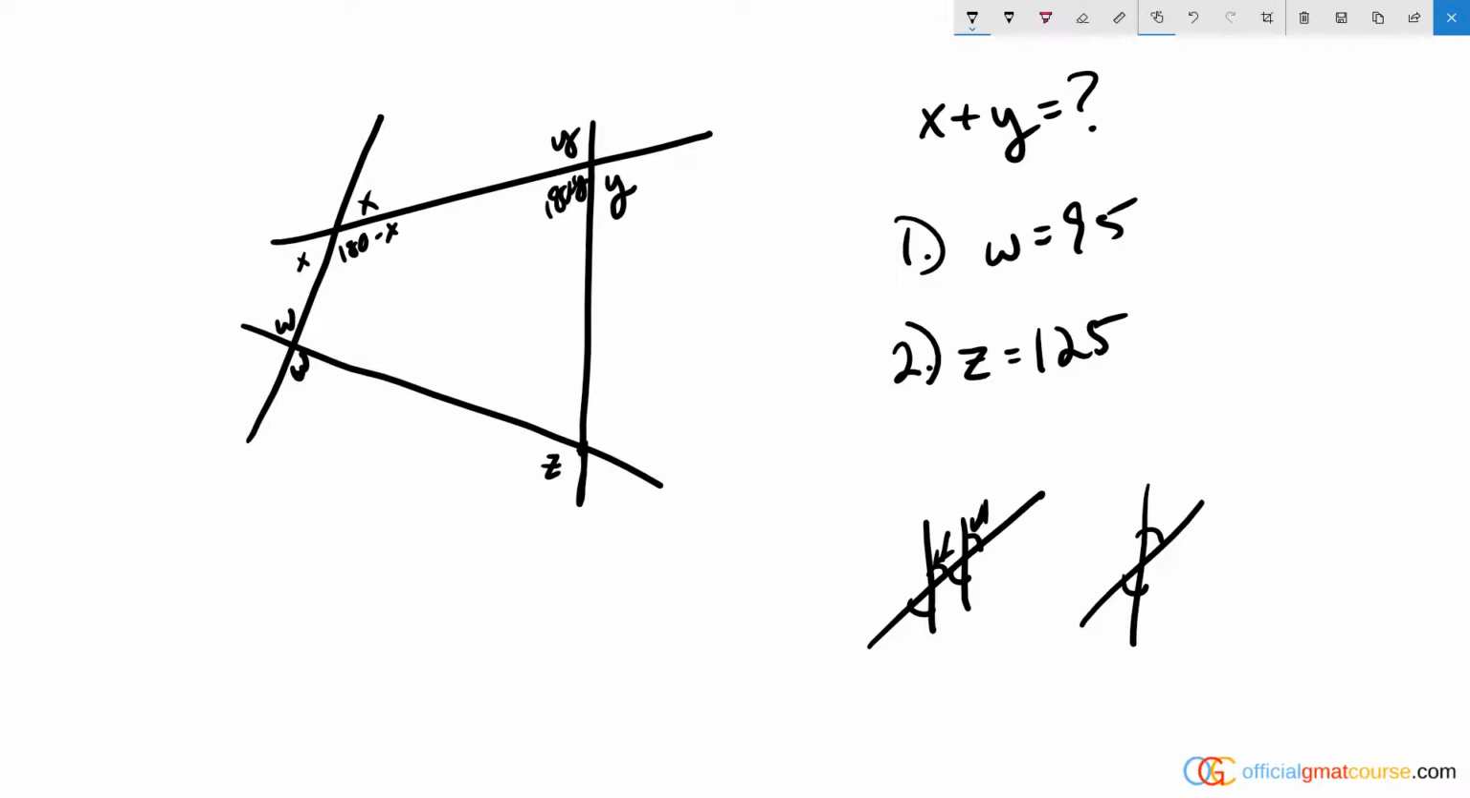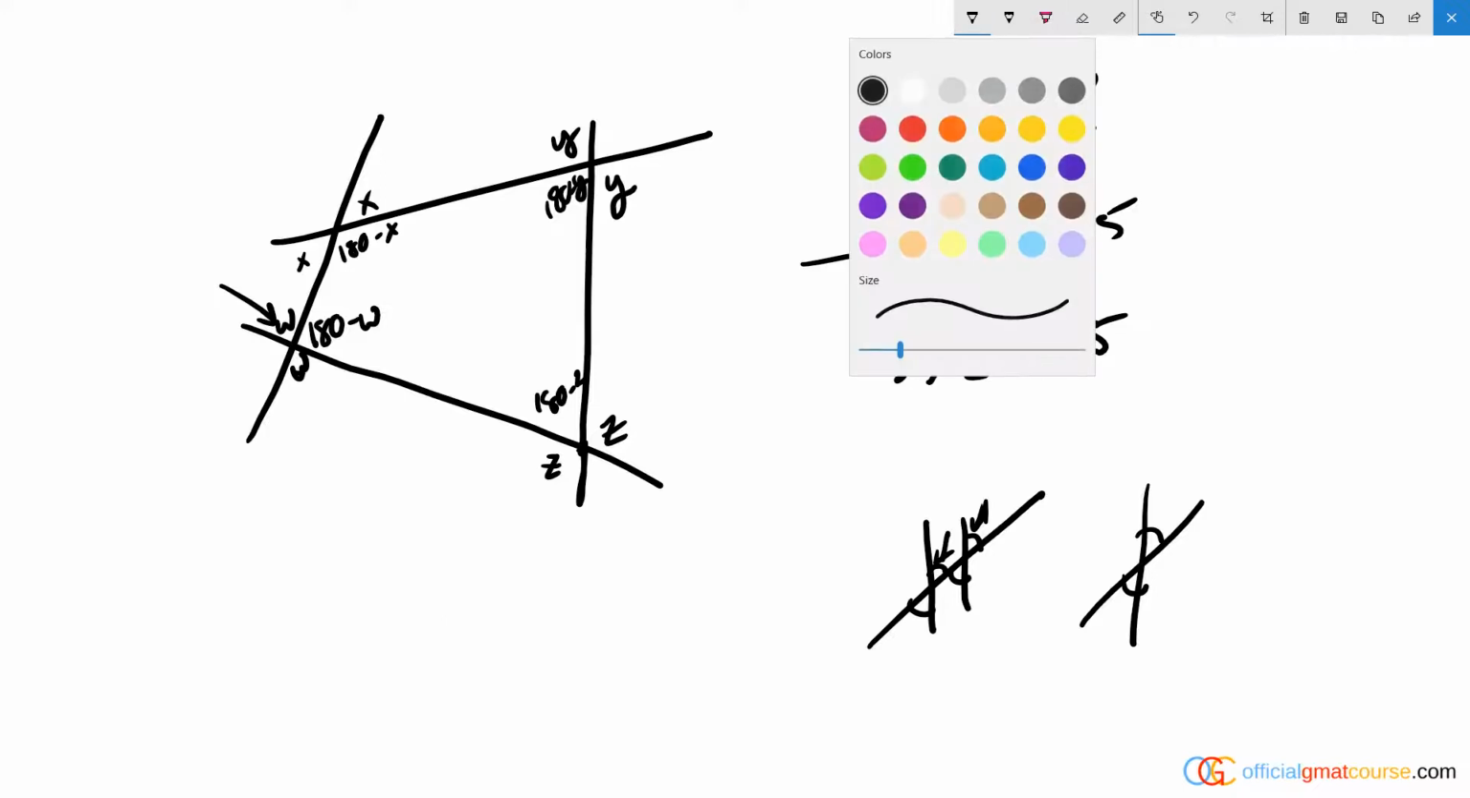Though we do know this is w, this is z, this is 180 minus w, and this is 180 minus z. Because around here has to add up to 180 since it's half of a circle worth of angle. And so we know all this information, but not much more. And if we look at statement 1, it says w is equal to 95. Well, if w is equal to 95, that locks in this angle, but we still don't know anything about this